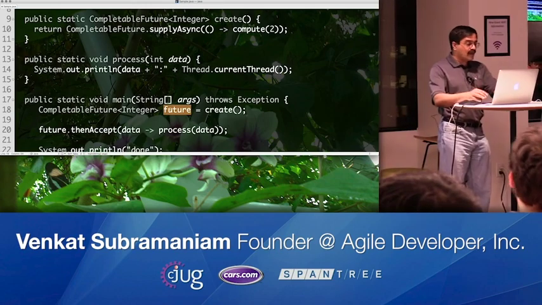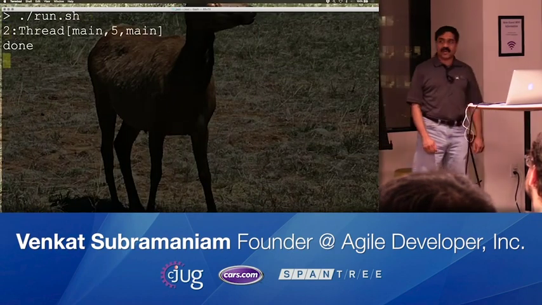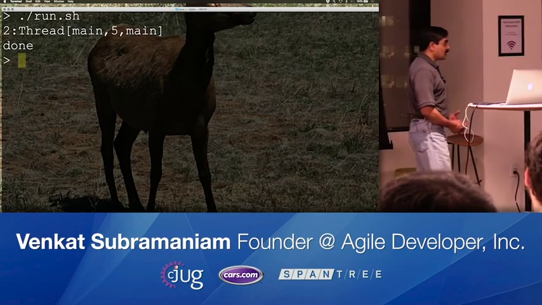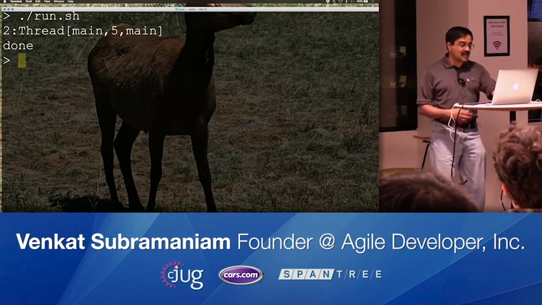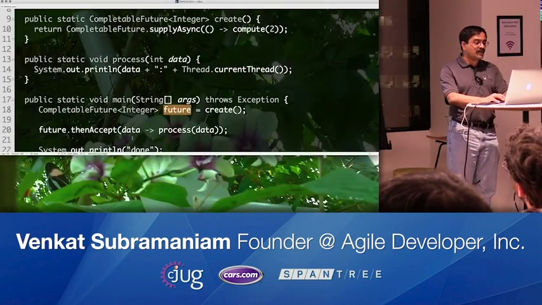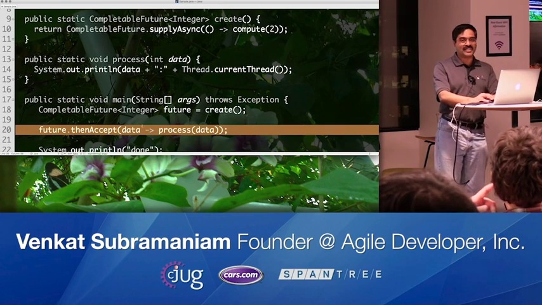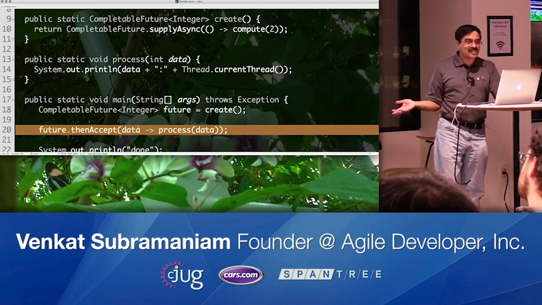So if I were to go back and run this code this time around, we saw that was executing in the other thread a minute ago. Now notice where the process is running. The process is now running in the main thread, and the reason for that is by the time the main rolled here, that was so darn quick, it finished it, and the main said, I might as well just run this because I don't have to block and wait on it because it's already completed.